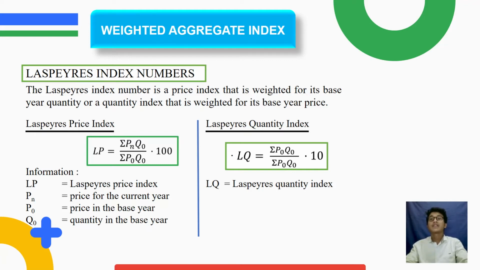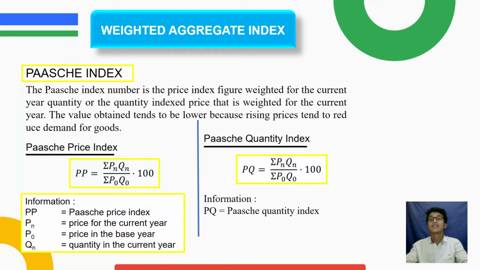Last pairs quantity index. The last pairs quantity index is obtained through the formula sigma POQO divided by sigma POQO multiplied by partial price index. The partial price index is obtained through the formula sigma PNQN divided by sigma POQO divided by